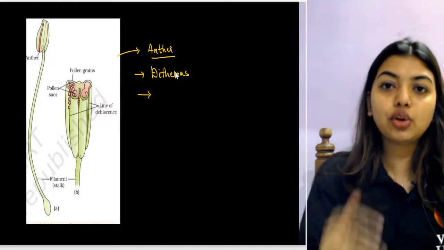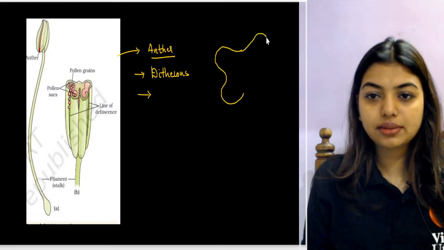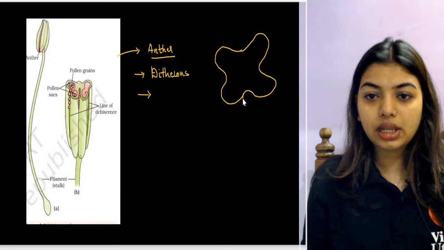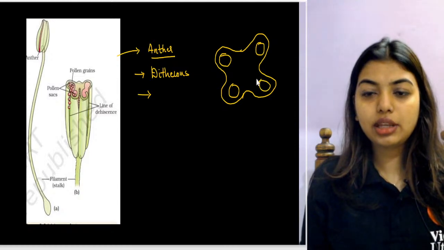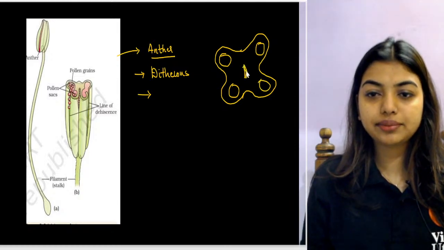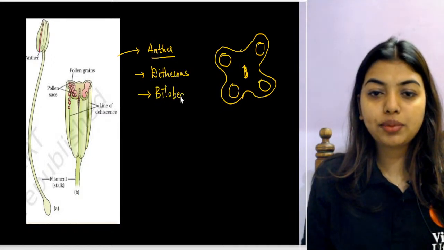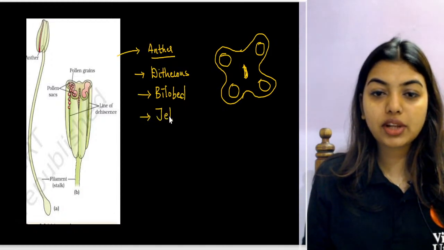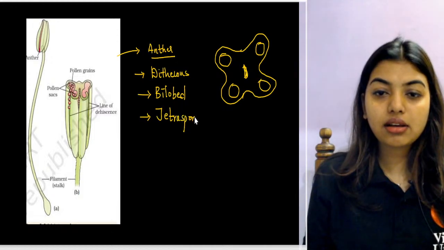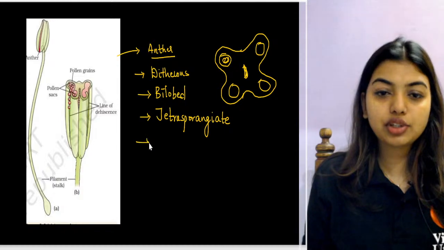Dithecous means in each lobe, theca will be there, right? This is how the lobe is. In each lobe, two thecae will be there, so we will call it dithecous. And to keep these two lobes together, we have a connective. The first important thing is it is bilobed. We can tell it is tetrasporangiate because there are 4 microsporangia. Now students, in between these microsporangia, in the center region, there is going to be a set of compact cells called